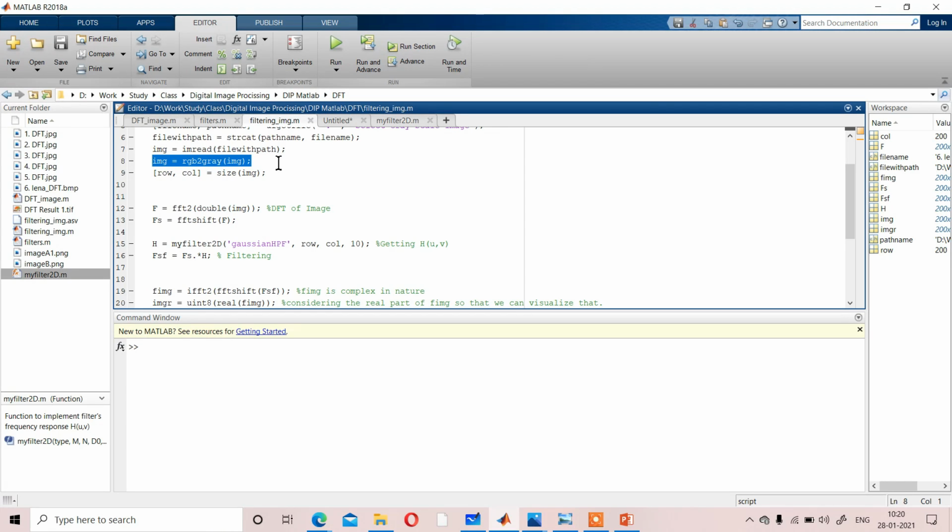You have to convert it into gray level, otherwise the operation will be more complicated. It does not mean the operation will not happen. It will be more complicated, the code will also be more complicated, so more time will be required. That is the reason we need to consider gray level.